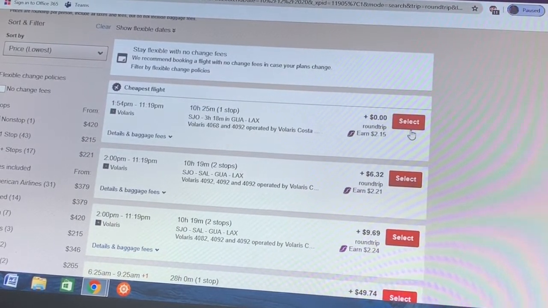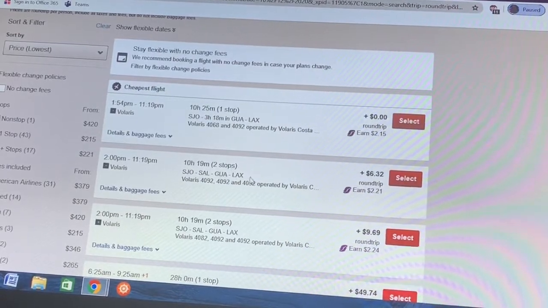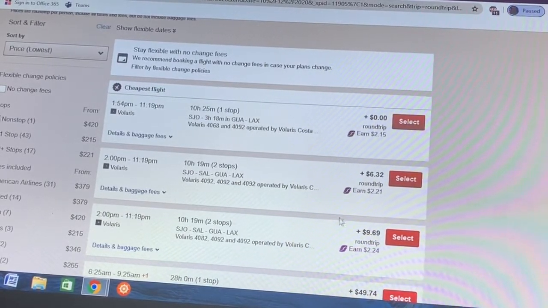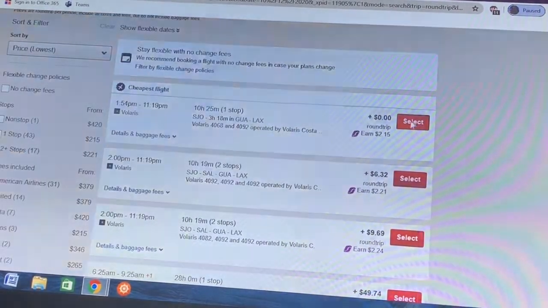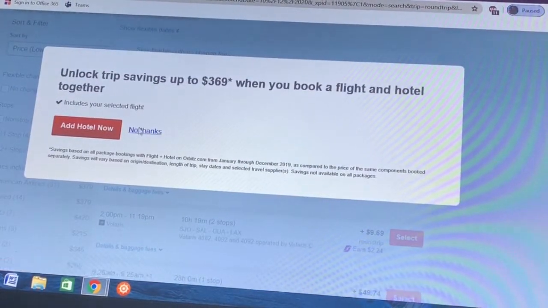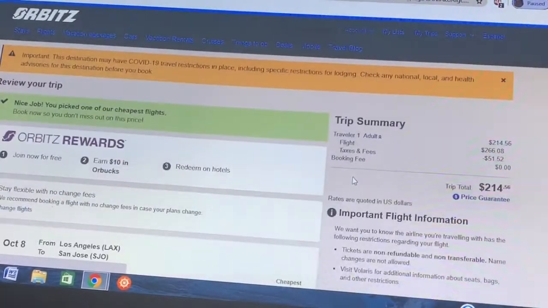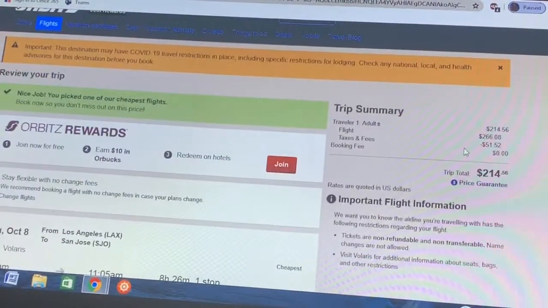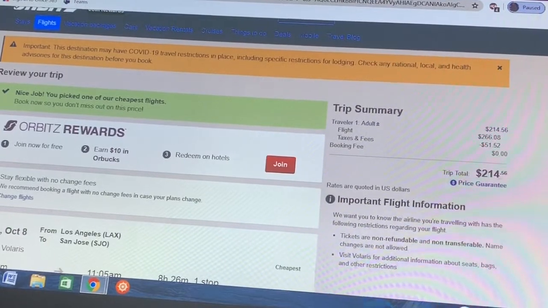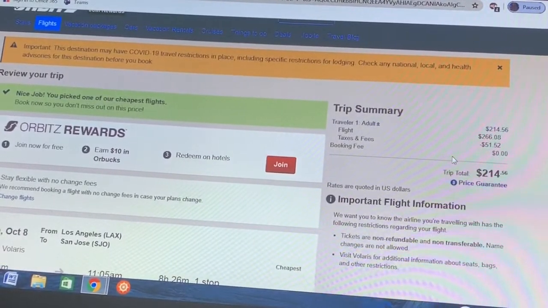So that's okay as well with me. You just want to update it. There's more prices here. But let's say I want to do that one. No thanks. I put no thanks for now, but sometimes I'll show you. So I got the whole thing for $214, and that's how you get a cheaper flight.